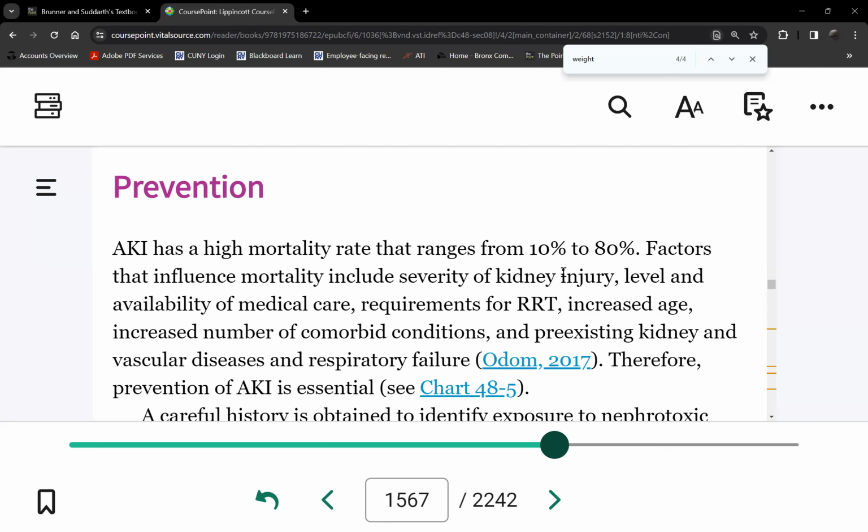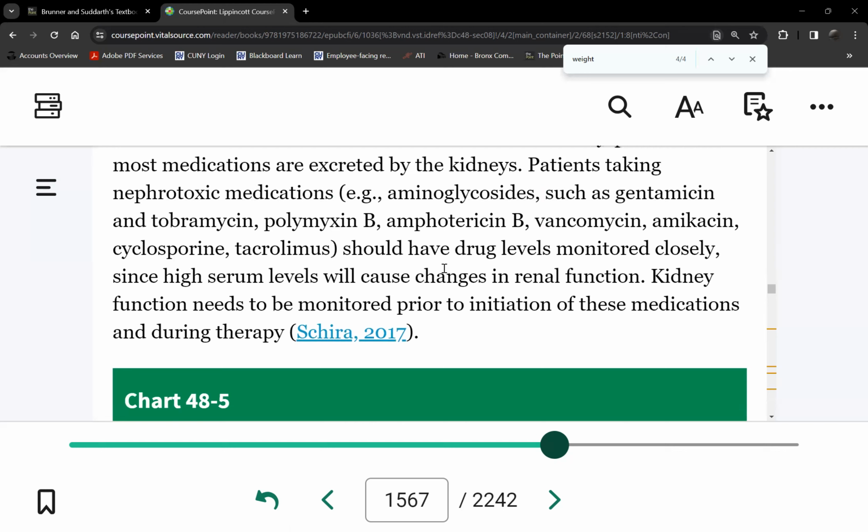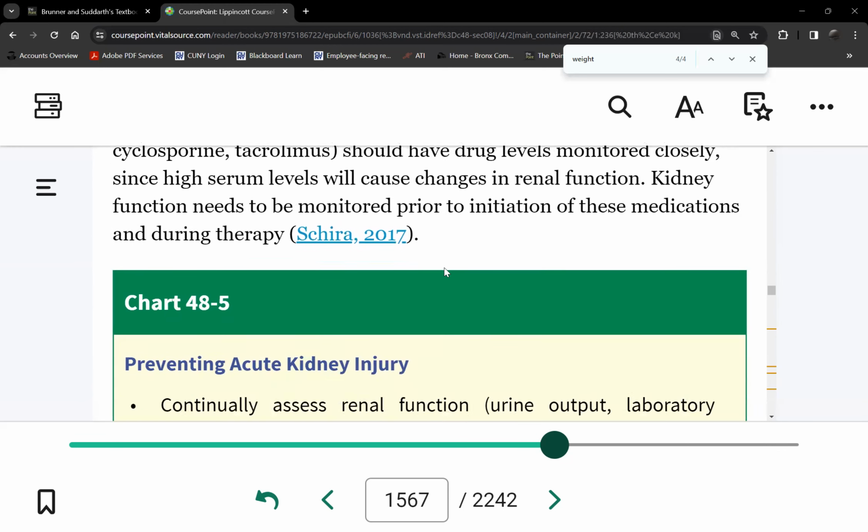So those who come in with sepsis, which could include COVID, those who are bleeding, those who are NPO, those who are receiving antibiotics, right, NSAIDs, or those who are undergoing tests involving IV contrast agents, okay? And then those with enlarged prostate, tumors of the bladder or colon, for instance, or those with kidney stones, okay? Right. So those are your high-risk patients, so therefore those are you monitor to prevent AKI.